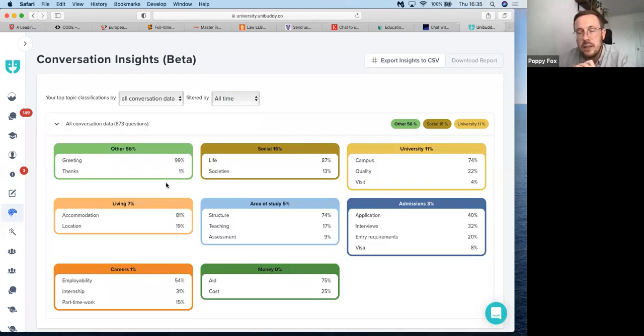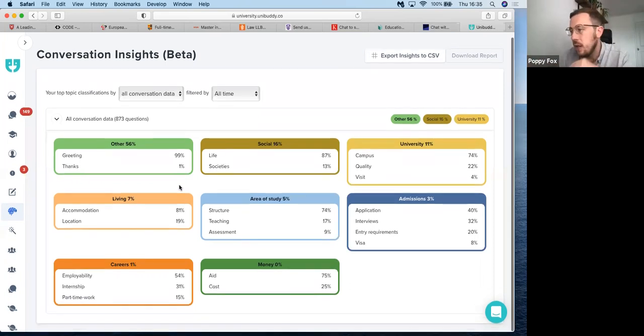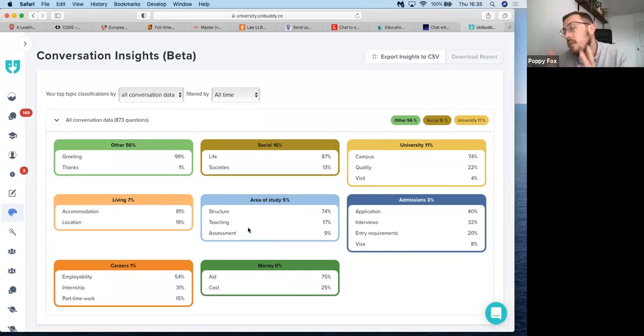What this does is every conversation that takes place on the platform will be labeled with a topic or topics. So if the conversation was about teaching quality or accommodation or financial aid, admissions process, whatever it may be, that will be labeled automatically with an algorithm that detects that and labels the conversation. And then you can see at a high level, okay, we're getting more conversations about accommodation or teaching quality or so on. But then that can be segmented by different regions.